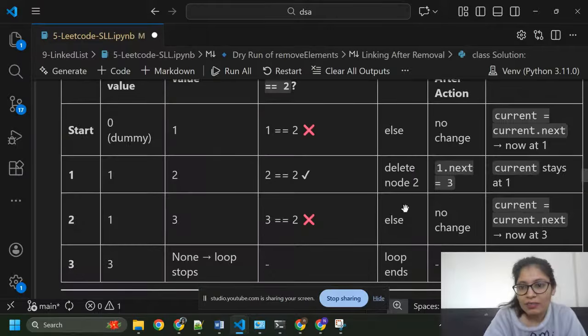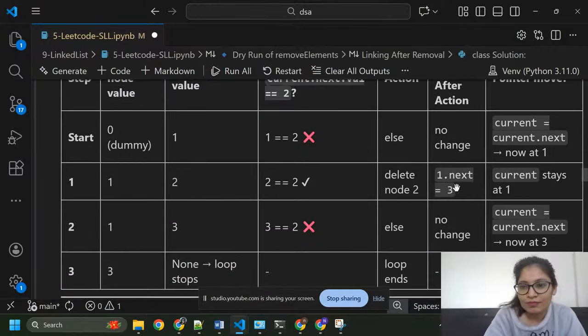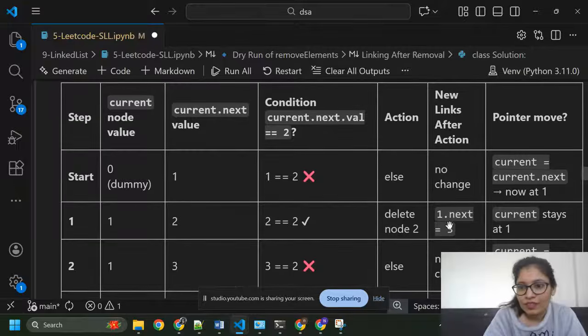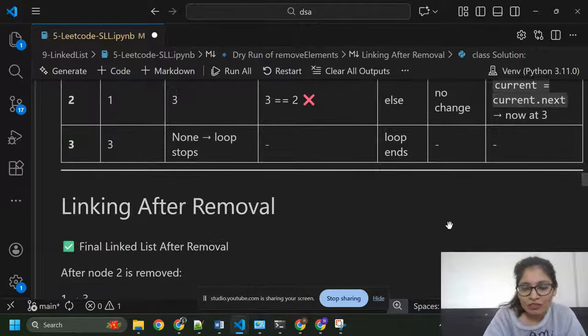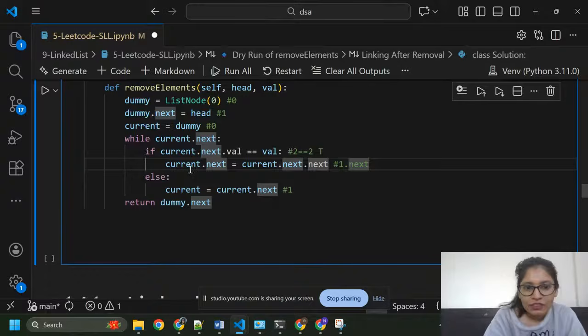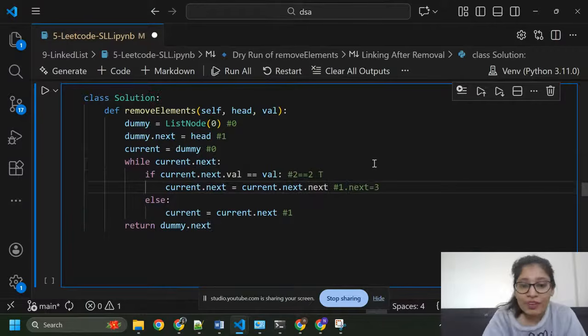Here you can see 1 dot next equals to 3. Okay, 1 dot next equals to 3. So current dot next means 1 dot next equals to 3, because current equals to 1.